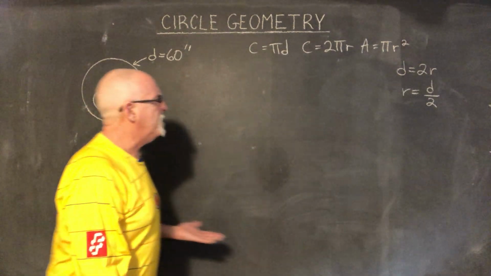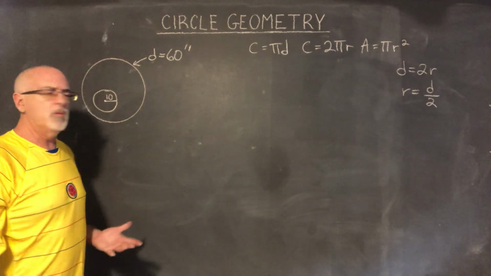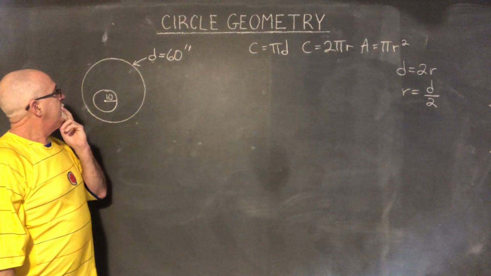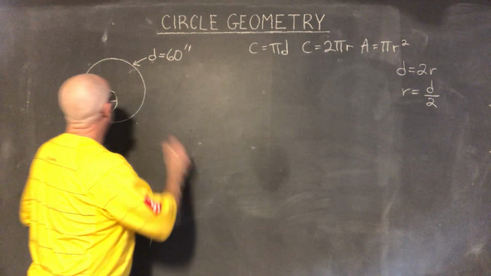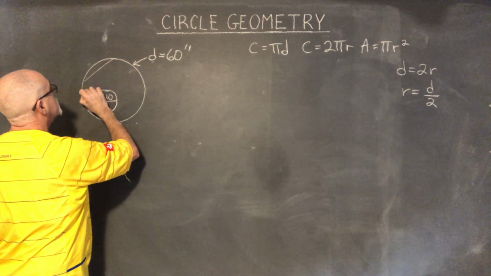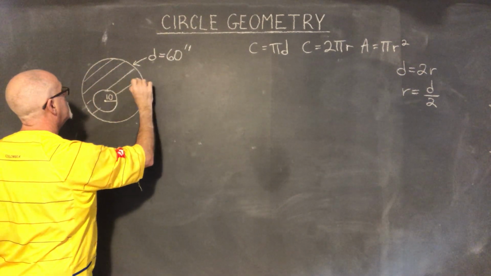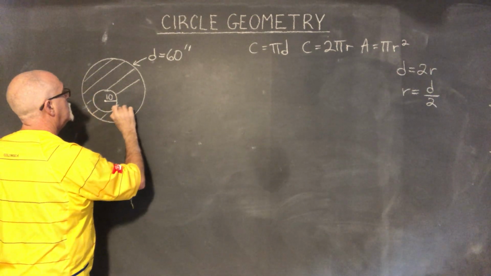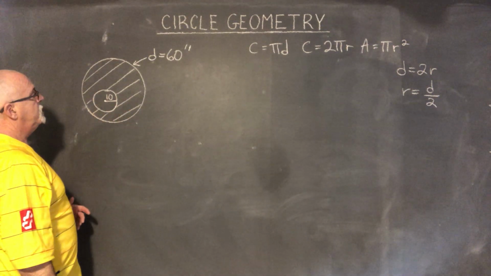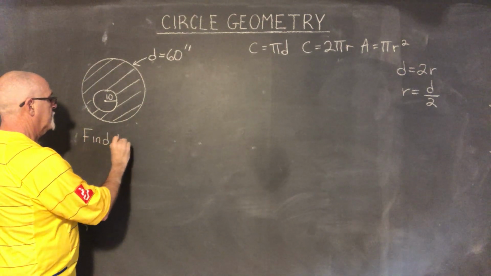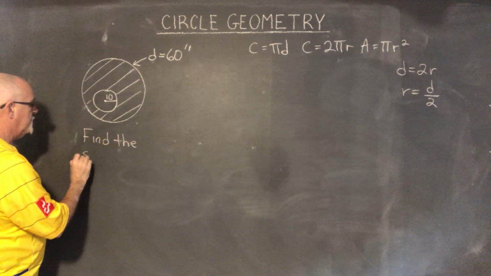So that's not really a word problem. I meant to create word problems. So that means I have to make up a situation for this. Find the shaded area, and the shaded area is the area of the big circle, but the small circle is not shaded. Find the shaded area